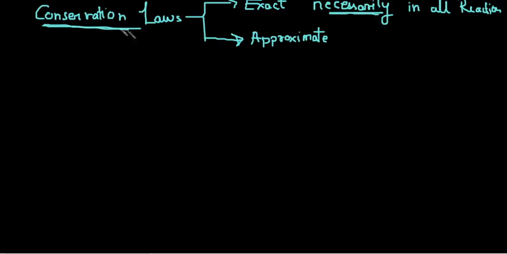Now the approximate conservation laws are the conservations which may or may not be conserved. That means if any of these approximate conservations are not conserved, then also the reaction is possible. Okay, so now let us see